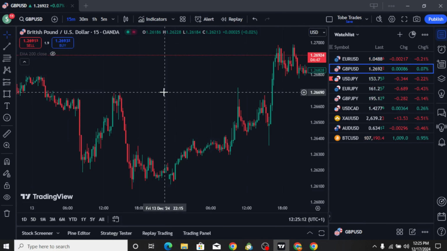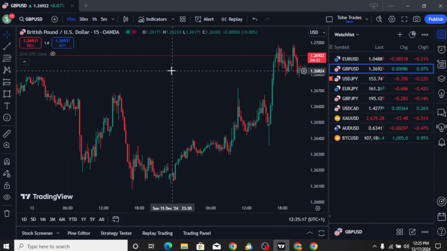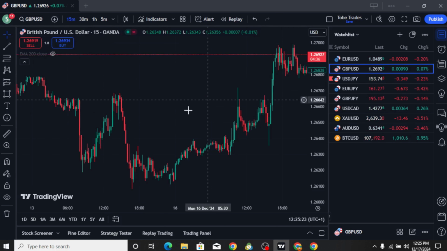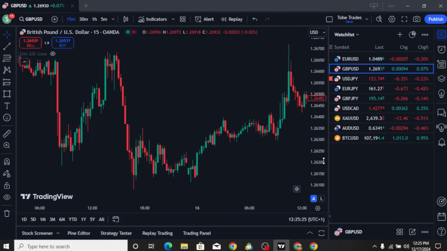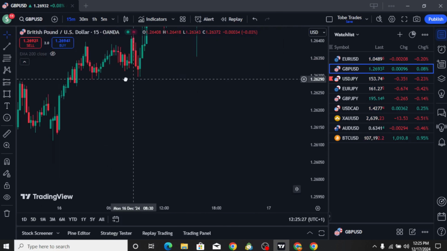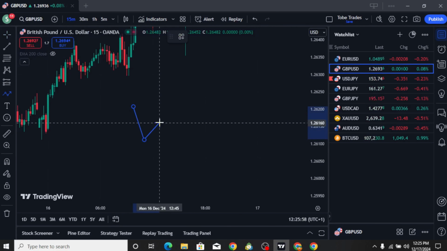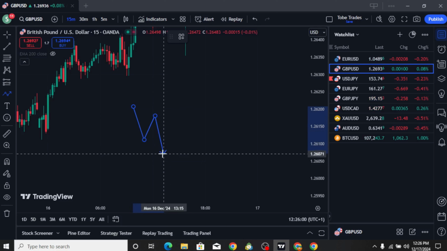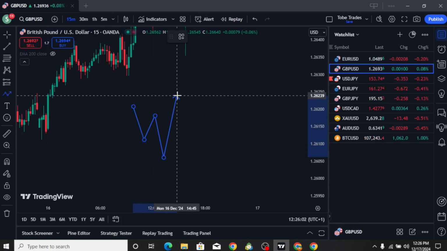In this video, we're showing how to read liquidity and market structure. So first, you want to come to your charts. As you can see, this is GBP USD on the 15-minute time frame, and quickly let me just show you what liquidity looks like. All right, so first we want to look for the liquidity and the market structure